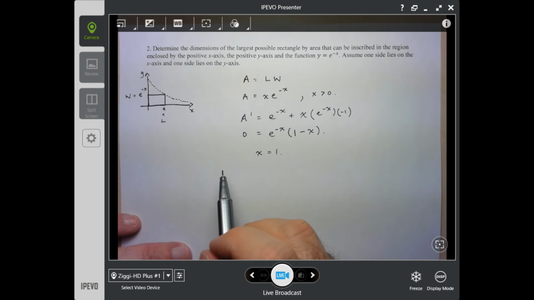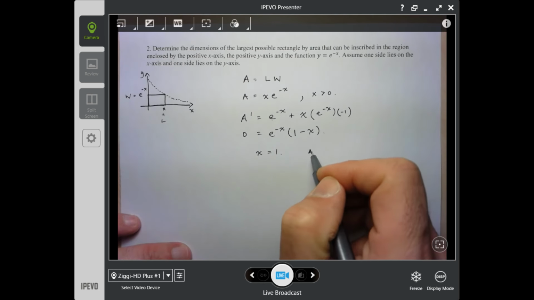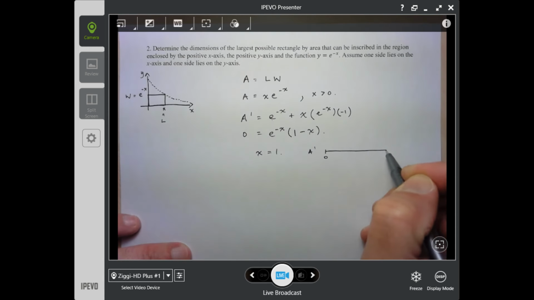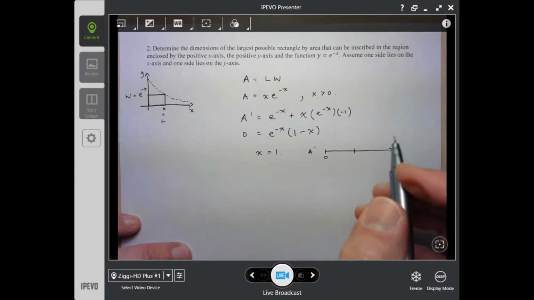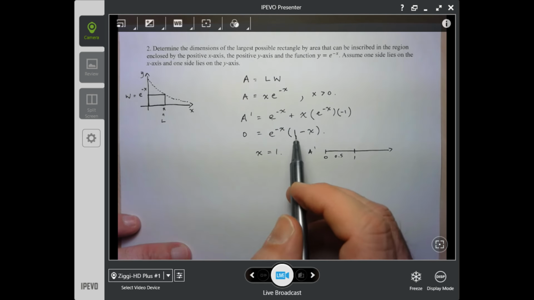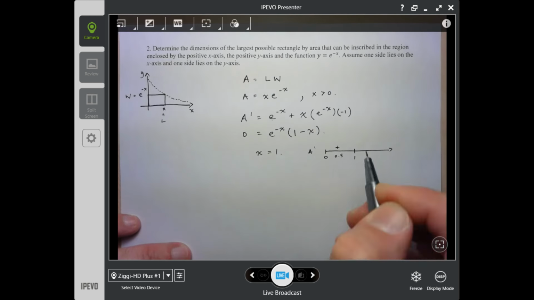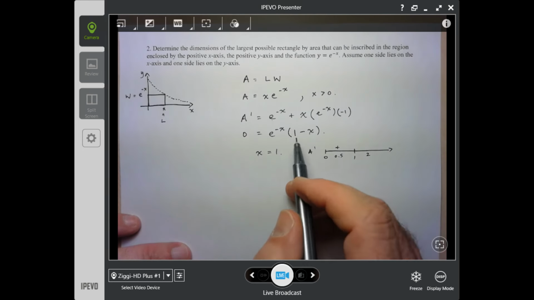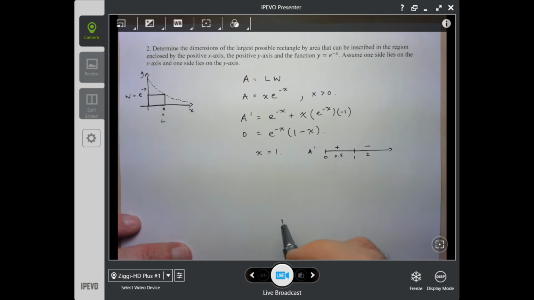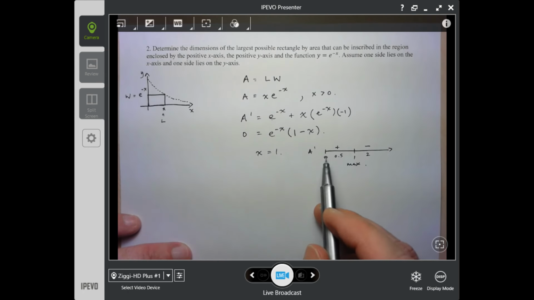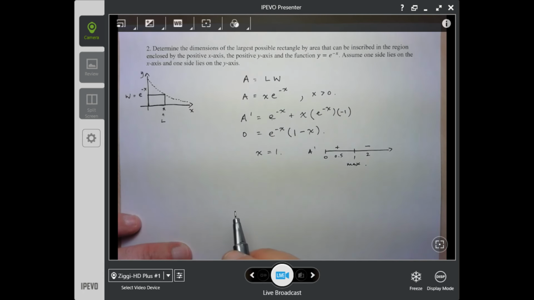All right, so let's draw our number line, A prime. Again, I'm only interested in greater than 0. So let's stick in 0.5, so this is always positive. 1 minus 0.5 is going to be positive, whereas if I put in x equals 2, 1 minus 2 is negative. Okay, so that means we do have a max, and in fact, at least from 0 to infinity,